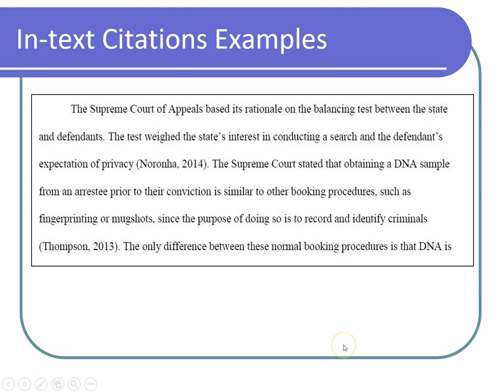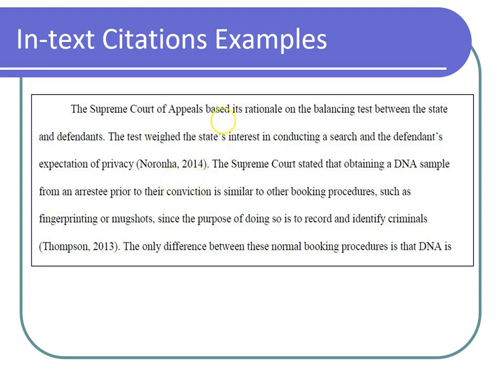Now, here's one in a paper. I took a portion of a paper and snipped it out so you could look at it. I'll read it and we'll go through it, and you'll see the example come to light. So let's look at the top part here. The Supreme Court of Appeals based its rationale on the balancing test between state and defendants. The test weighed the state's interest in conducting a search against the defendant's expectation of privacy. And here you have